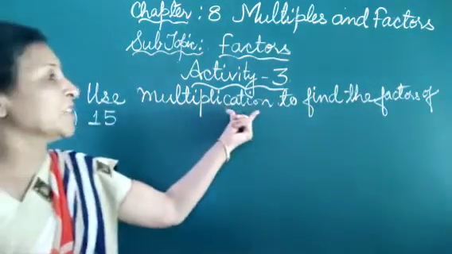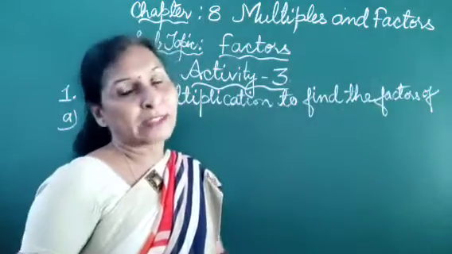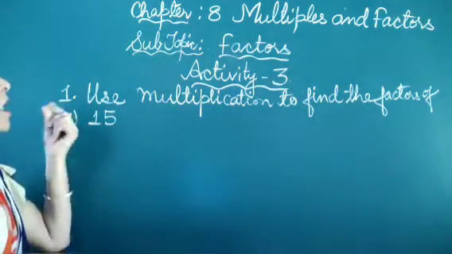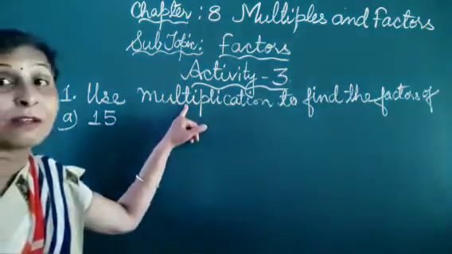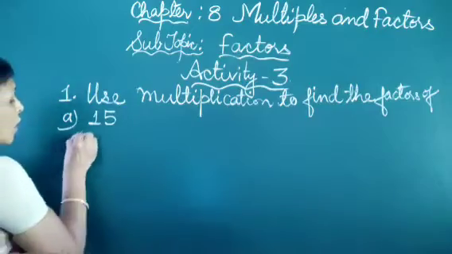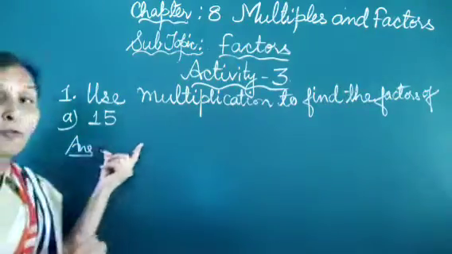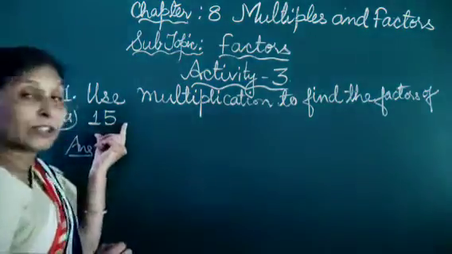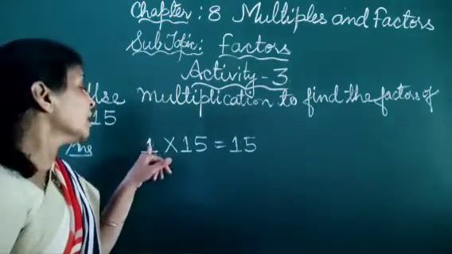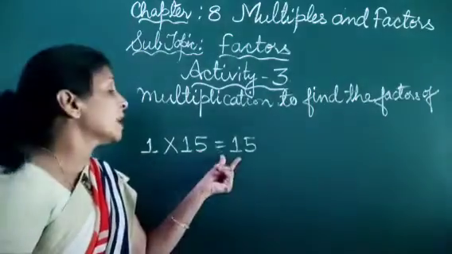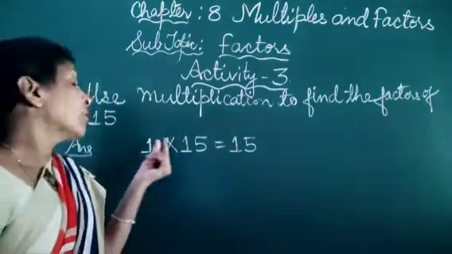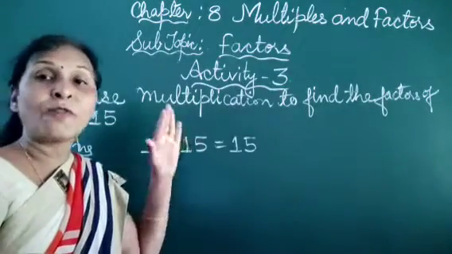Use multiplication to find the factors of 15. By multiplication we find out the factors of 15. Now look here how we will find out the factors of 15 by multiplication. We write 1 multiplied by 15 equals 15, because we know that 1 is the factor of